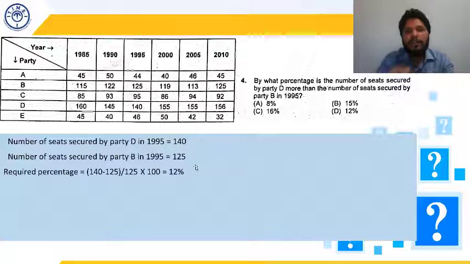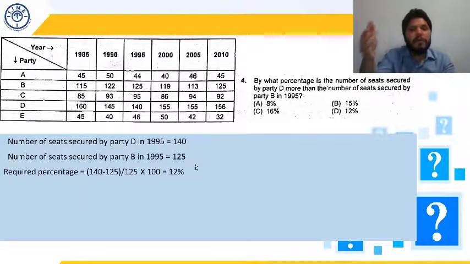Without using that, we can also do this question. What has been asked in this question? The percentage: how much percentage did D get as compared to B? So we know the calculation. B will come in the denominator, because we are comparing with B. So with whom we are comparing, that will come in the denominator, and in the numerator their difference will come, because we want D's seats to be how much percentage more than B. So we are comparing with B, so B will come in the denominator.